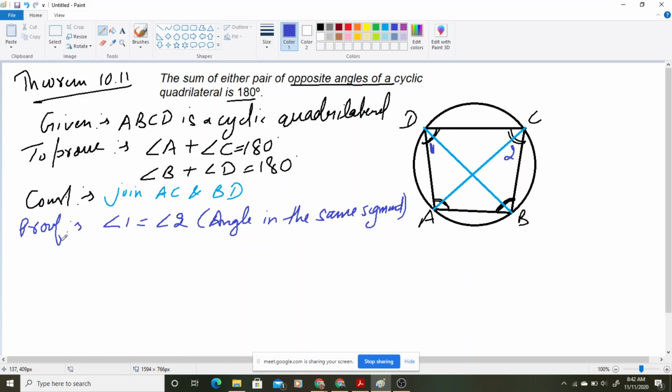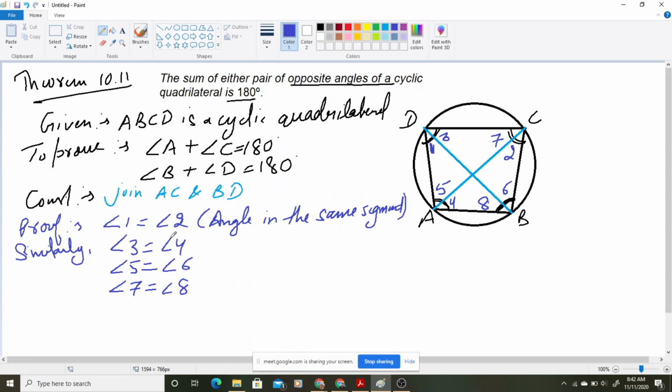Okay, then similarly now we are not going to write the reason again and again, हम बार बार नहीं लिखेंगे reason. We can write angle 1 and 2 we have taken, then angle 3 and this angle 4. Just see for this BC, इस BC के लिए देखो ये angle 3 और 4 भी क्या आएगा? Equal आएगा. Then just see for CD, this angle 5 and angle 6. Angle 5 is equal to angle 6. Then see for this AD के लिए angle 7 and this one is angle 8. This will also come equal. Okay, so all are in the same segment. See, we have written all these according to the angle in the same segment property.